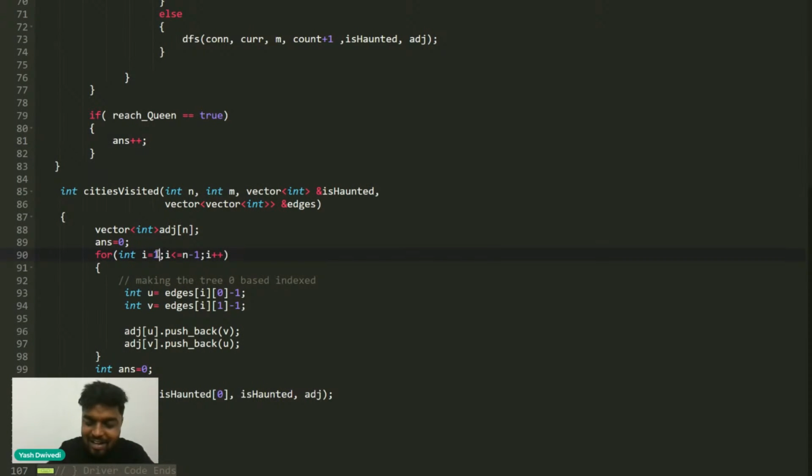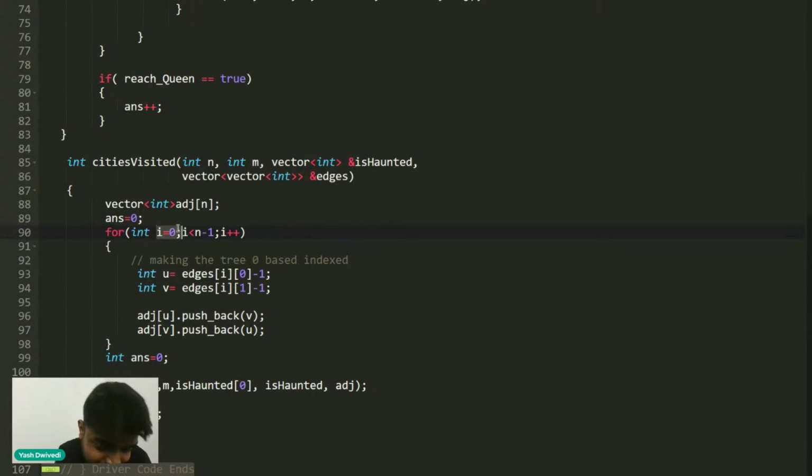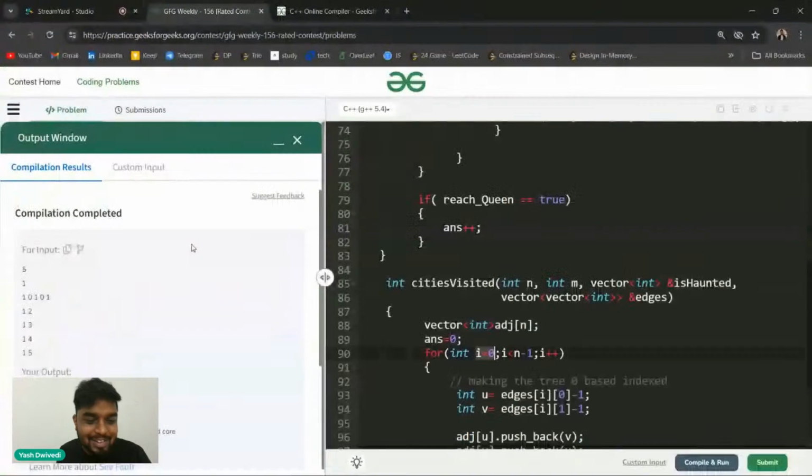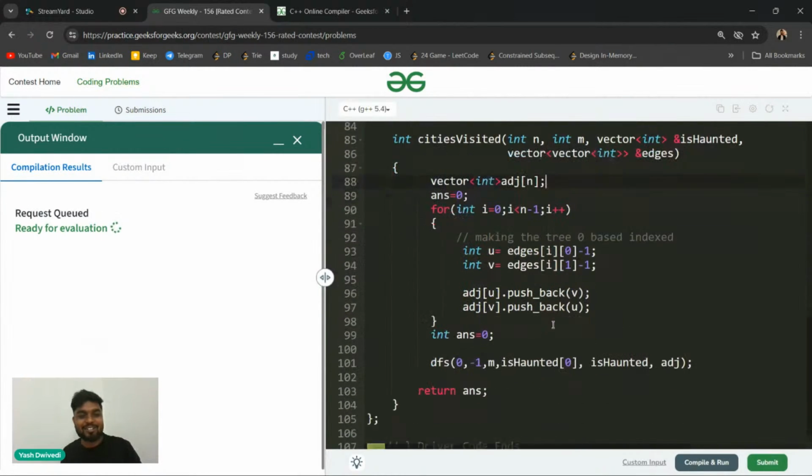You are correct. I start from zero, I is less than n minus one. The index of the edge list will start from zero. So that was one basic mistake here. Now it will work fine. Thanks a lot.